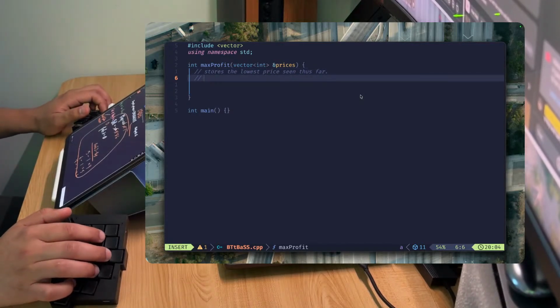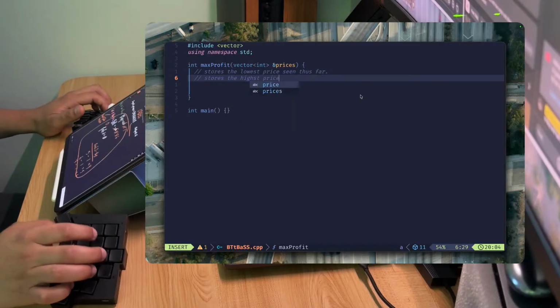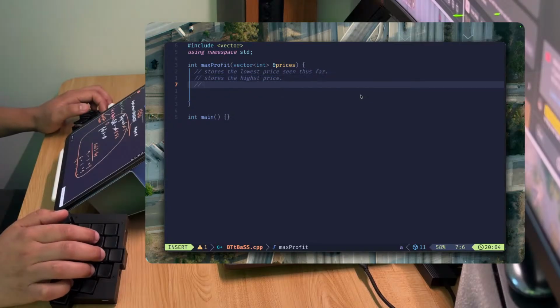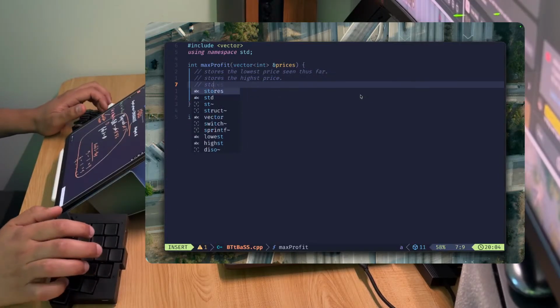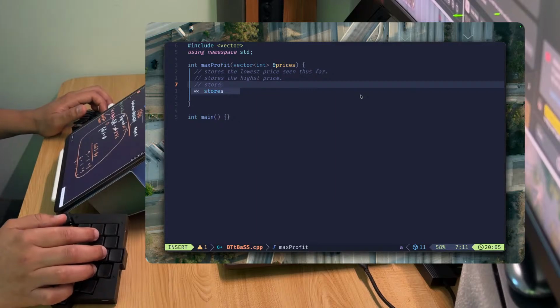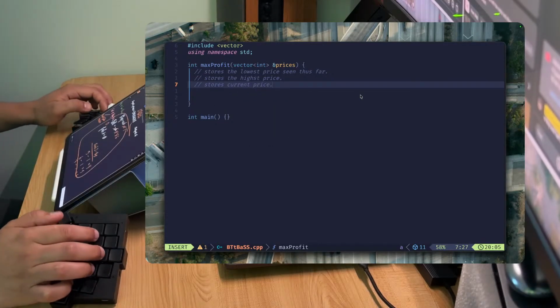And we also want to store the highest price. And we want to store, what else? I think that's it. We could store the current price. We don't really need to, but